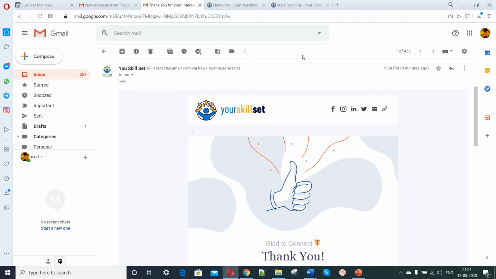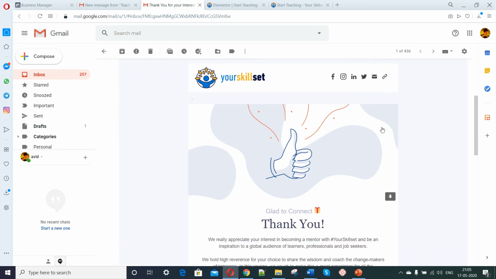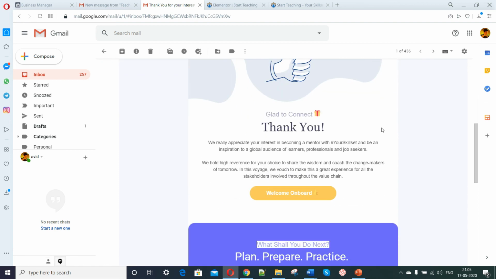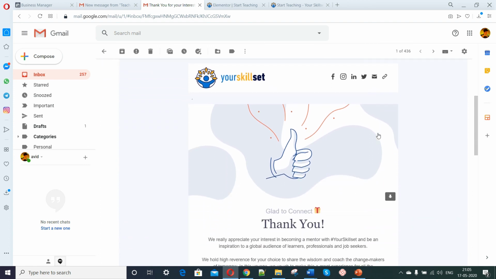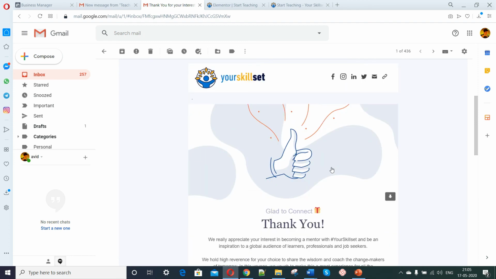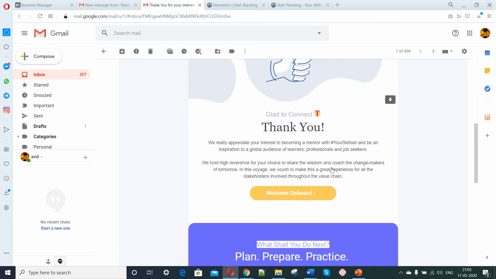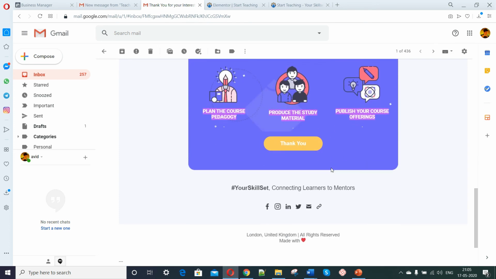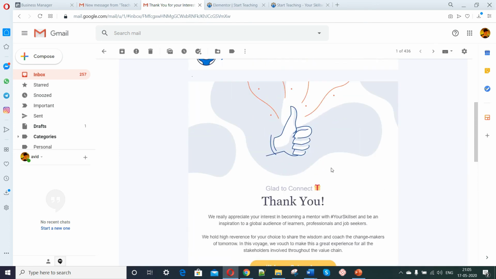So this is the designed email, which looks far better with a lot more interactive options to explore the brand further. So this is the first response that they are getting once they fill up the form. This mail shall contain all the possible brand information so that the user gets to know you better. So this is how the email looks like, a fully functional and neat and clean designed email as compared to what we received earlier.